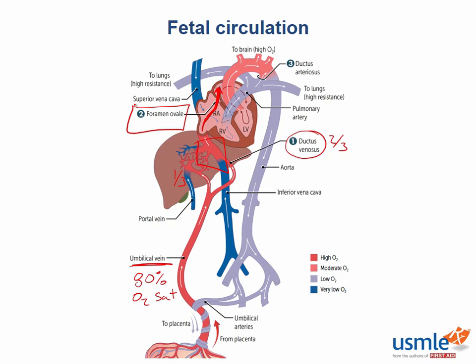This blood will then go from the left atrium to the left ventricle and be pumped out through the aorta and supply the great vessels, as you can see here. It's important to note that this is where the blood with the highest oxygen saturation goes, through the great vessels